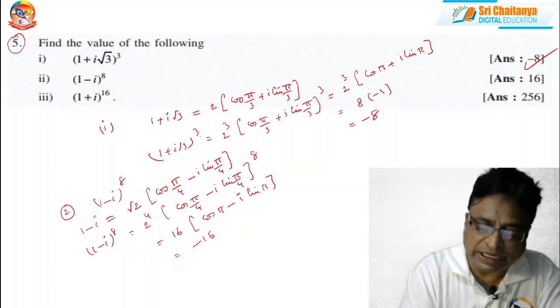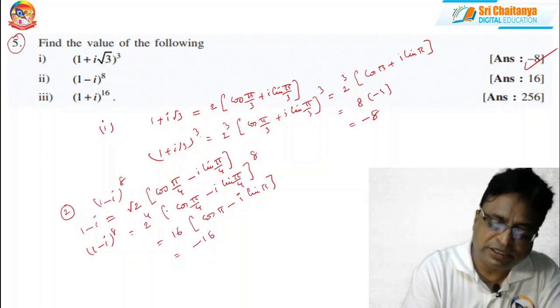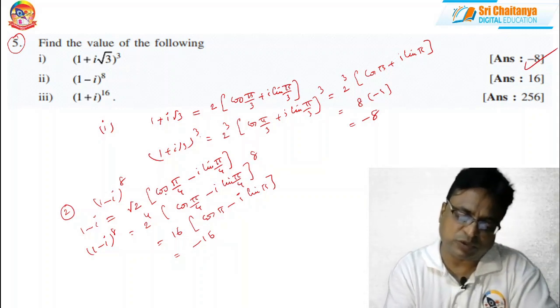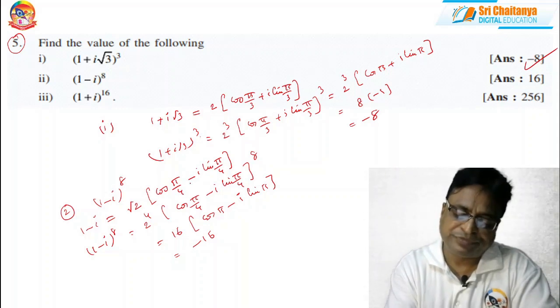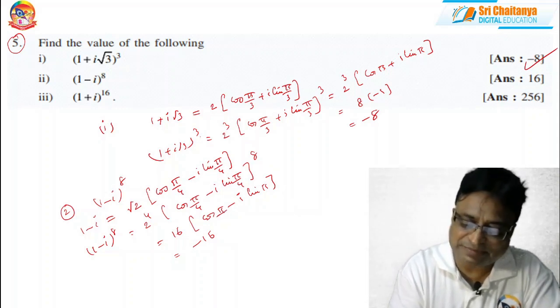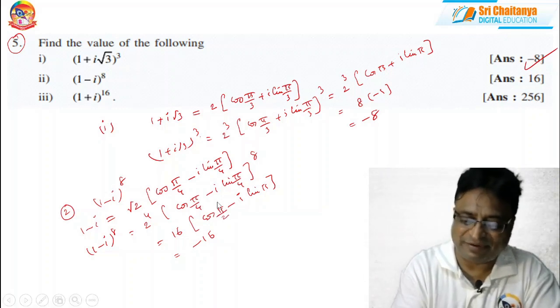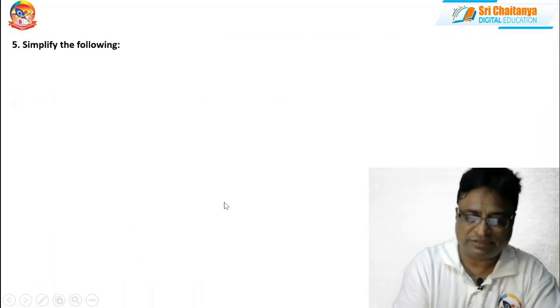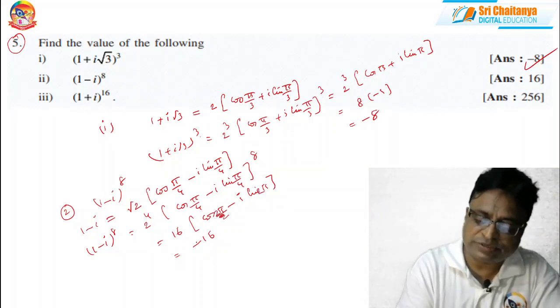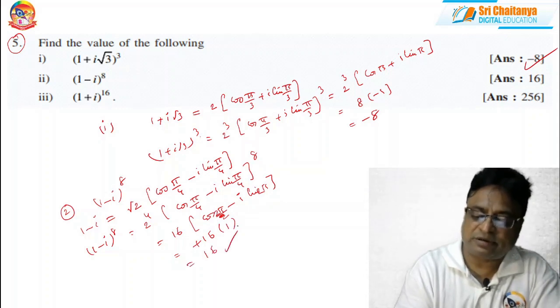Okay. But a small mistake has been committed by me. This I can write as cos of, this is what? Cos pi by 4 is 1 by root 2. This is 1 by root 2. 1 minus, right? I am perfectly right. So sorry, this is pi by 2. But if I, 2 pi, not pi by 4. If I have multiplied with, this is 2 pi. So this is plus 1. So cos 2 pi is 1. So this is 16. Correct.